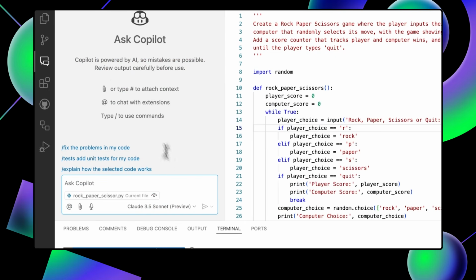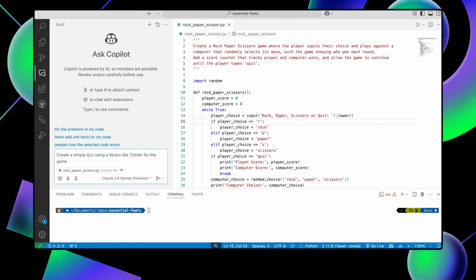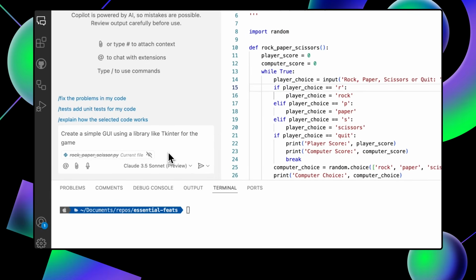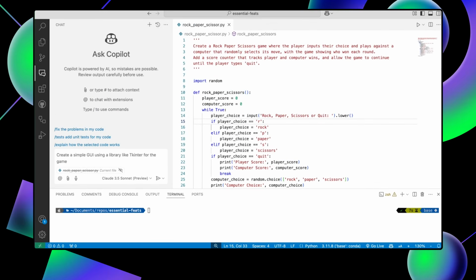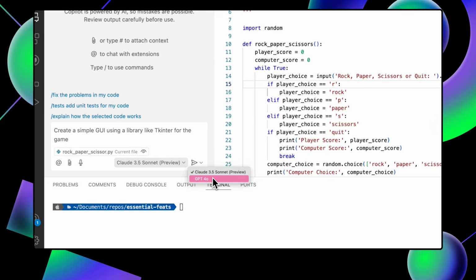Click the chat icon to open up the chat panel, then enter your prompt, create a simple GUI using a library like tkinter for the game. You'll notice I have my file opened on the right-hand side, and it is displayed here in the chat panel as context. If you don't want Copilot Chat to use the currently open files for context, click the disable file icon and it will be removed. However, best practice is to allow Copilot to see your currently open file so it can generate relevant code for you. Let's re-enable the context of the file, choose our model, we'll be using Claude 3.5 Sonnet today, and send